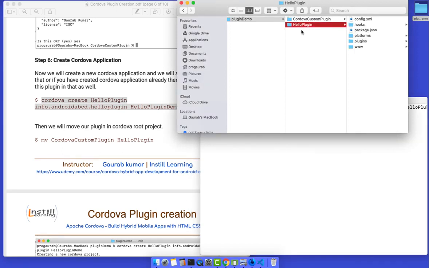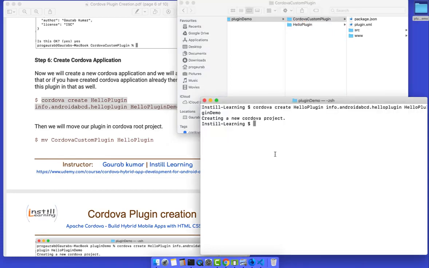Now this is your plugin. Either you can put this plugin in GitHub or a Git repository, or you can consume it locally also. So what I will do, I'll just put this plugin in our application. Either I can move it like this, or I can move it in the command line only.